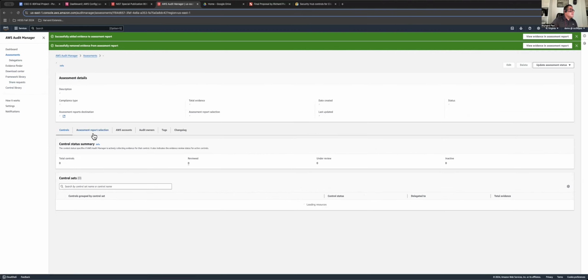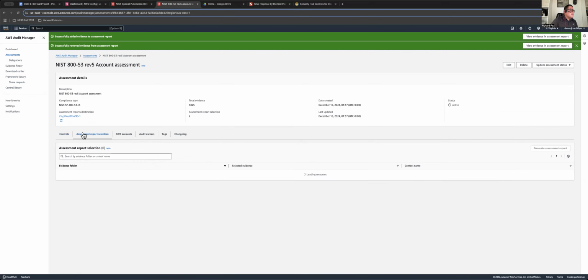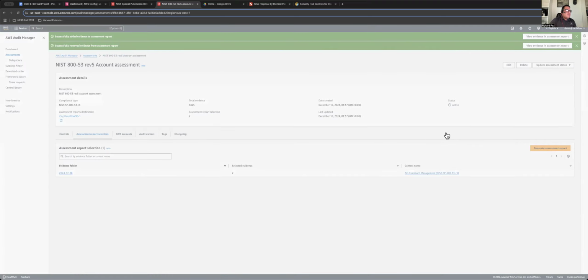So let's take a look back at the assessment. So here again, it has the controls that we were looking at, but there's a few things that I selected to be exported as an assessment. So this finding here, I basically put it in a queue. In real practice, you're going to have a couple hundred in here. It's like, hey, I want these to be part of the final assessment or the audit. And then once that's done, you'll hit generate assessment report,